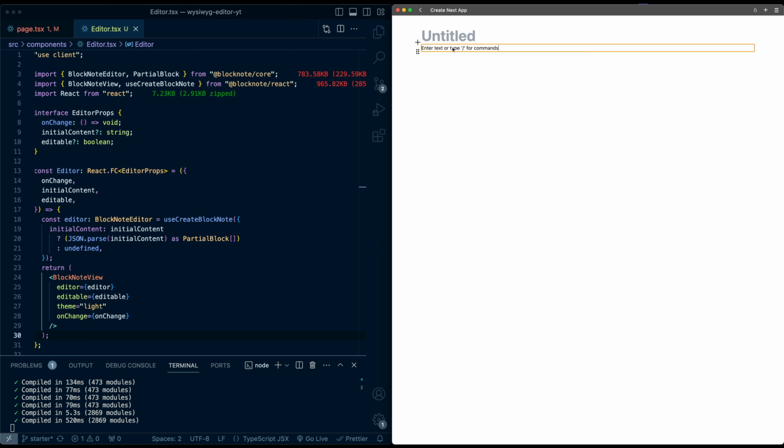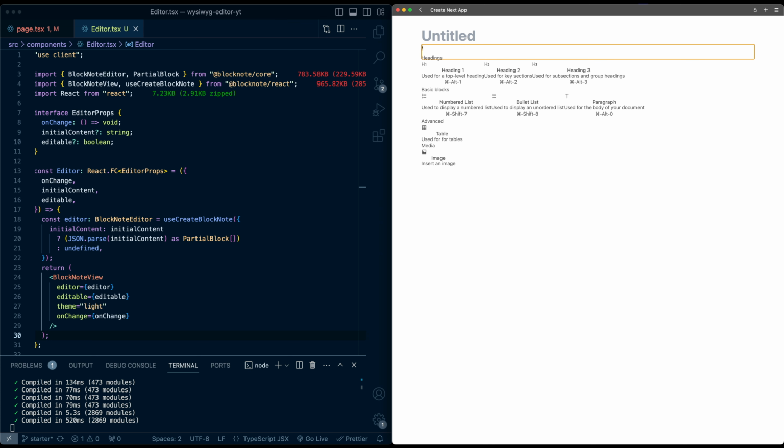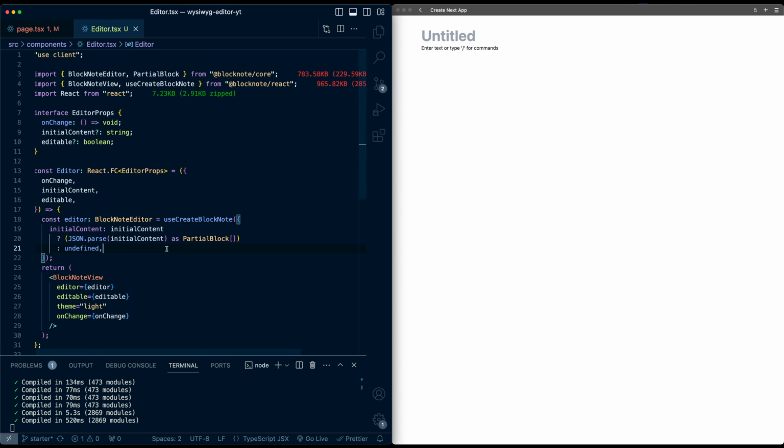So it says enter text or type a command. This is looking a bit ugly. As you can see here, I can do slash and this seems completely messed up visually. And that's because we need to import some